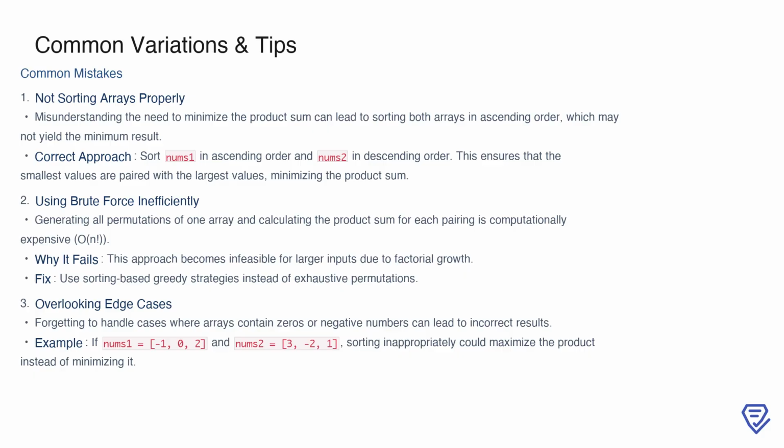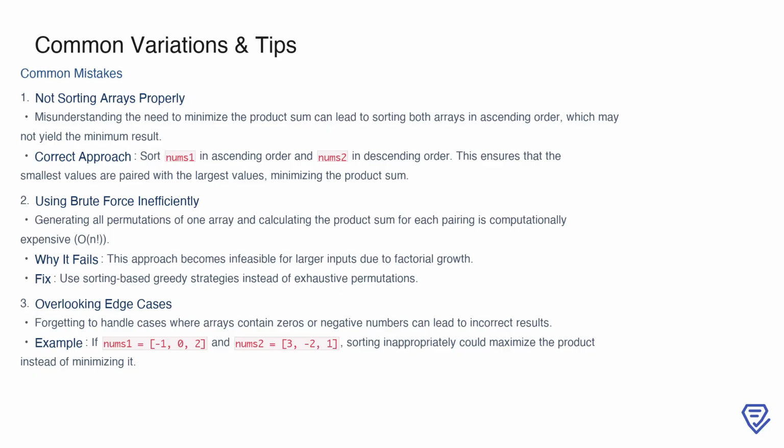First, it's crucial to sort the arrays properly. A common misunderstanding is sorting both arrays in ascending order, but this approach does not always yield the minimum product sum. Instead, the correct strategy is to sort one array in ascending order, while sorting the other in descending order. This ensures that the smallest values in one array are paired with the largest values in the other, which minimizes